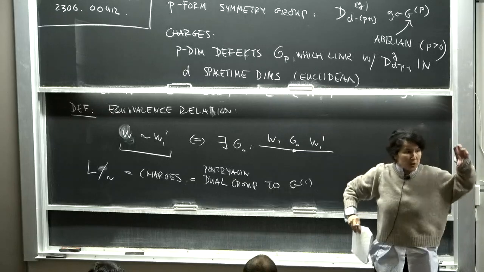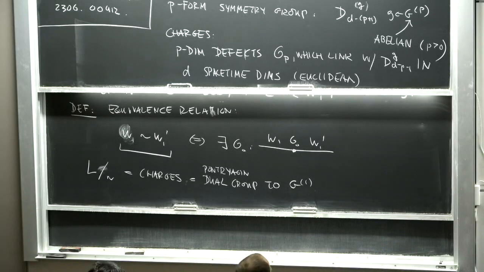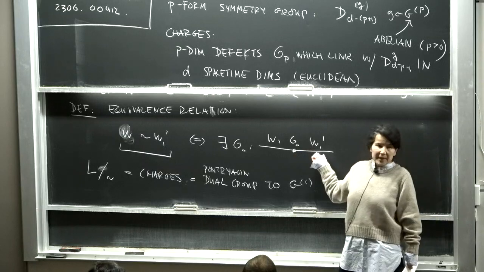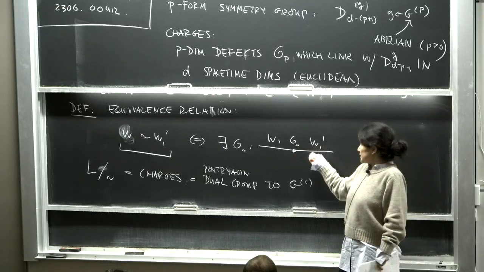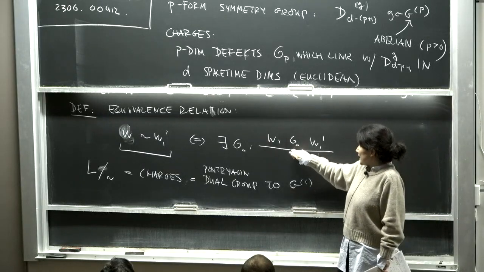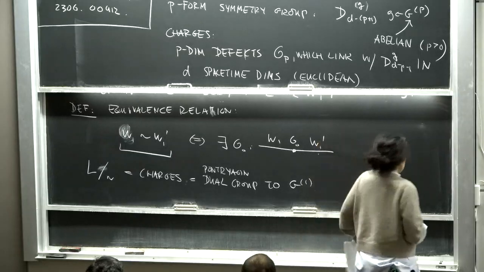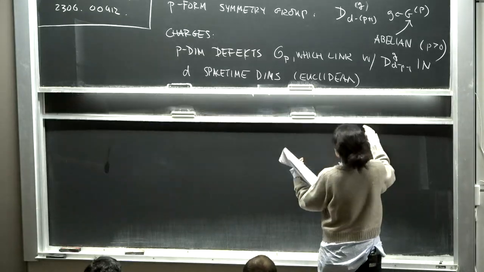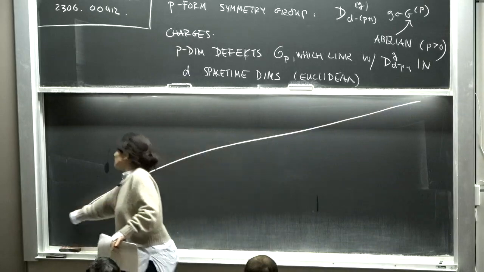And now I can measure the charge by linking them with these line operators, right? And essentially, if I have local operators, right, I didn't say that W or W prime can't be trivial, right? If, say, for example, this line operator can end, let me write this down as,